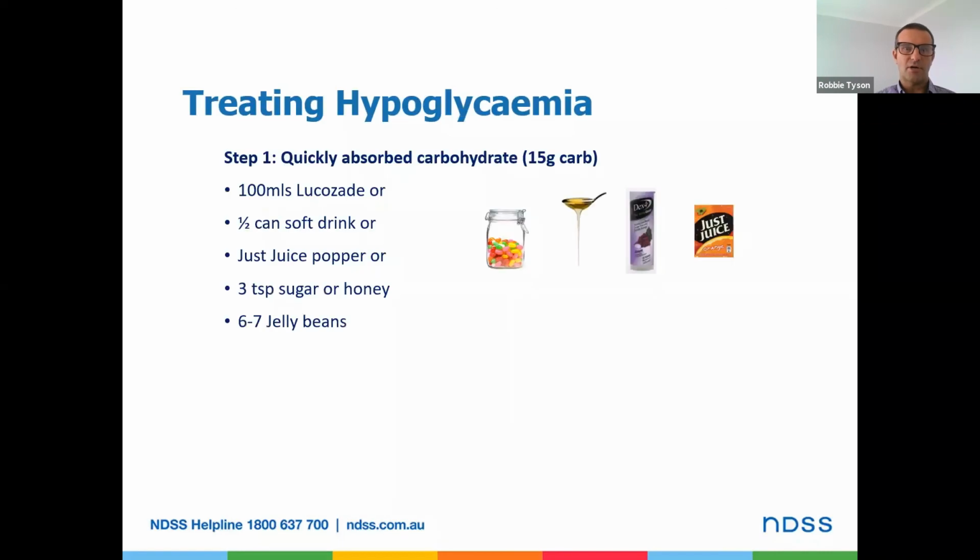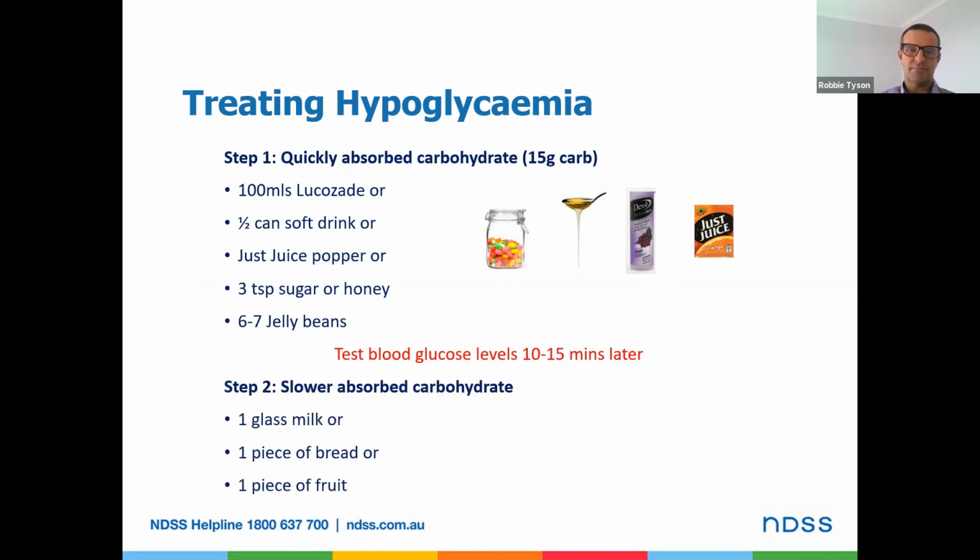How do we treat a hypo? Well, if someone is taking insulin or that second-line medication Diamicron, then they could be at risk of a hypo. The other medications don't tend to be a hypo risk for people living with type 2 diabetes. However, it's still that 15-gram fast-acting carbohydrate. So that would be 6 or 7 jelly beans, 120 mils of fruit juice, for example, or 3 teaspoons of sugar. Then we want to check the levels again 10 to 15 minutes later.